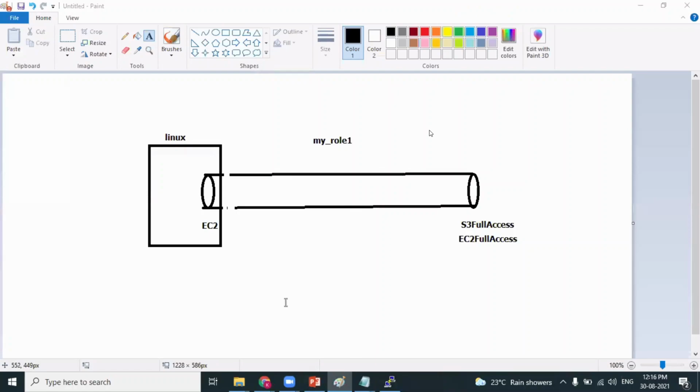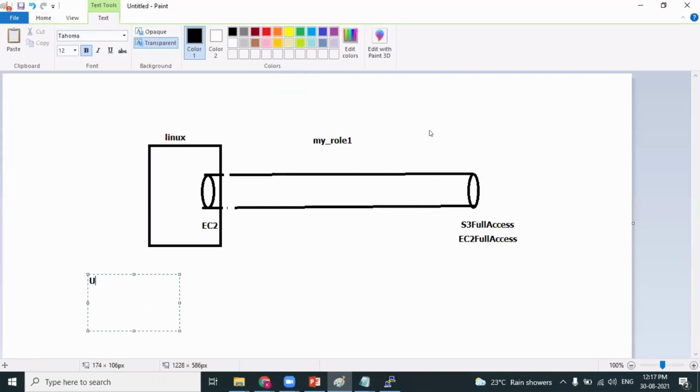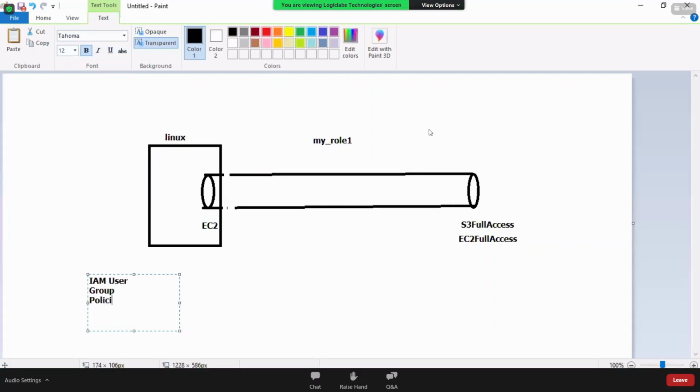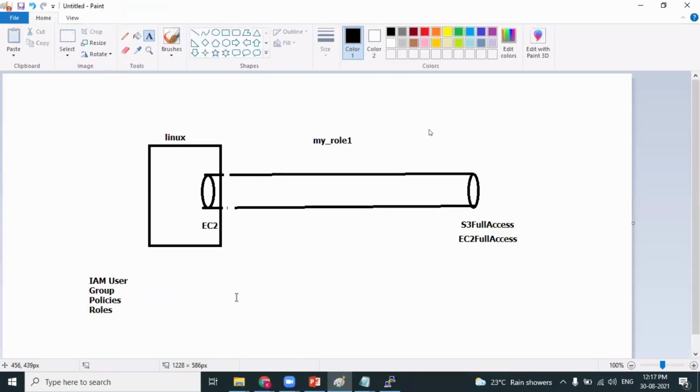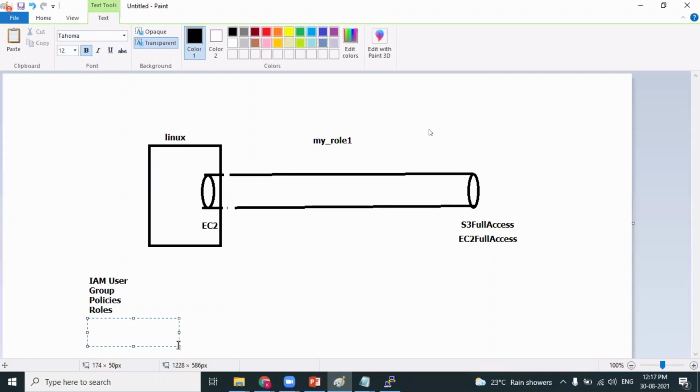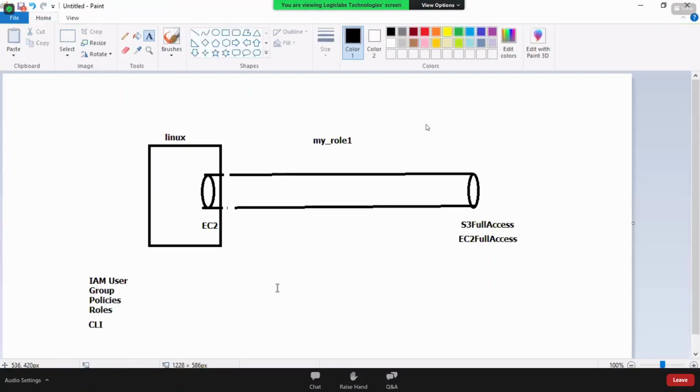With this, we have completed IAM, which stands for Identity and Access Management. Identity and Access Management is all about making ourselves comfortable with the 4 terminologies. IAM user. Okay, we should be comfortable with the group. You should be comfortable with the concept of policies. Policies are nothing but permissions, and then we should be comfortable with the concept of roles. We had discussed, and we also have exposure to the command line interface. So that's what we have covered. We now know about AWS Identity and Access Management service.